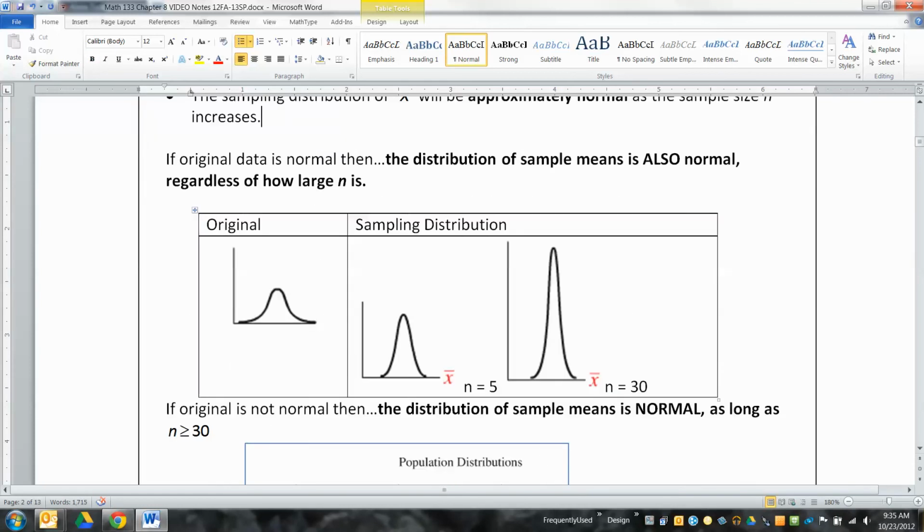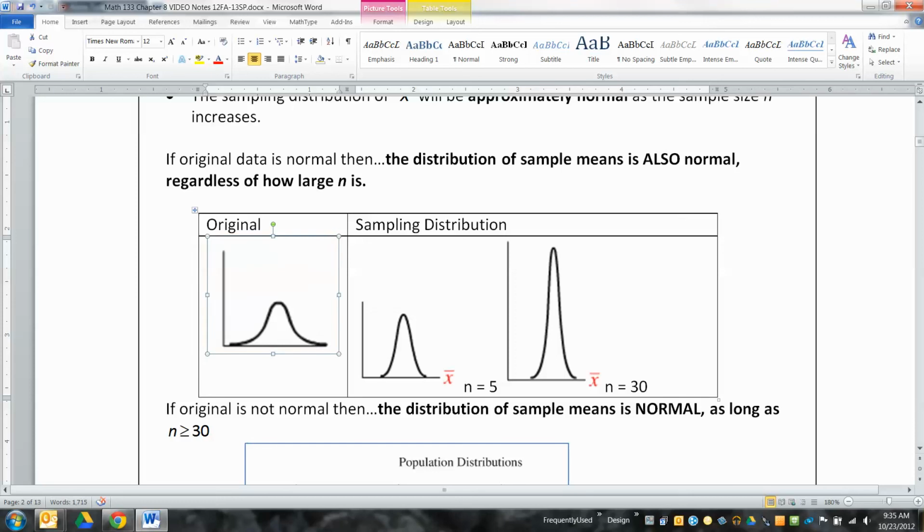If the original data was normal, if it made this normal curve to begin with, right? If they say somewhere that this is normally distributed, something like that, then the sampling distribution of x bar will be normal no matter what, regardless of how large n is. I could take n equals 2 and it would still be normal, right? Let me put it this way. The original distribution is n equals 1,